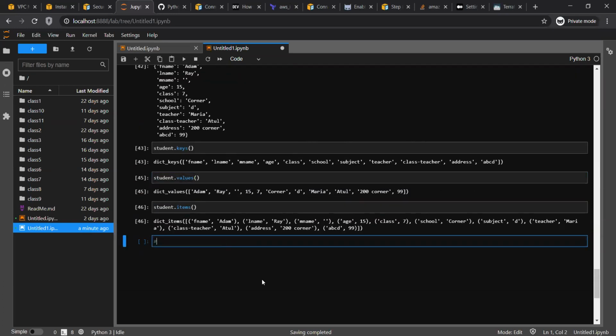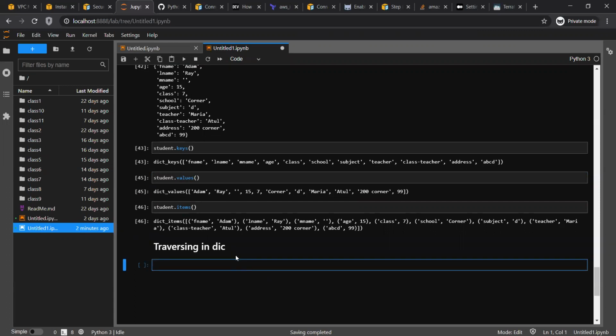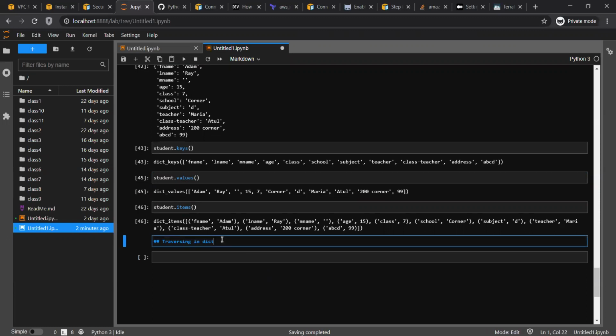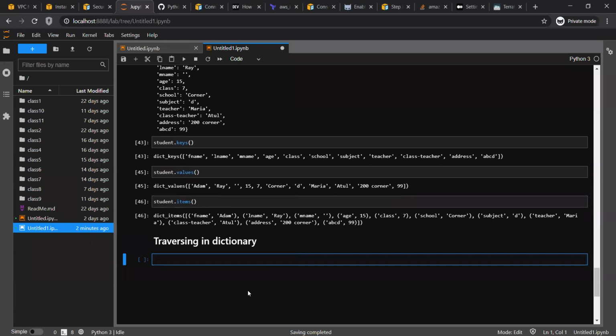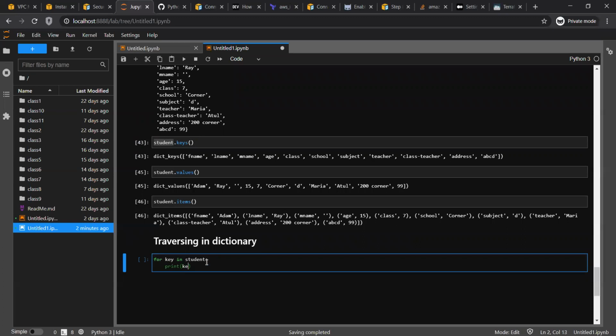So now I'm going to explain traversing. How do we traverse? A for loop always works in traversing. So for, let's say, key in student, and print key.